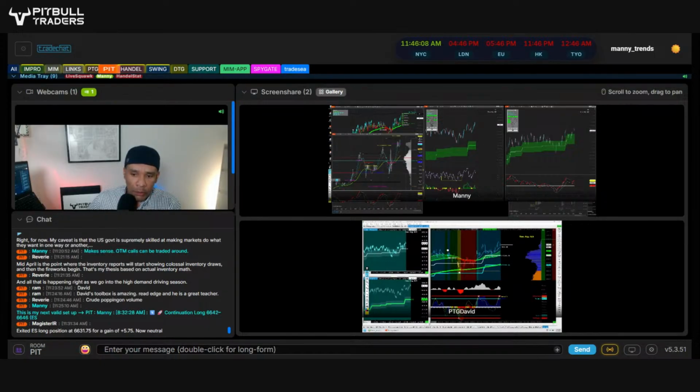But what I know about those continuation long levels is that I'd rather be on the other side of it. The similar level on the short side on my daily plan is the breakdown short. So the breakdown short is a level I put on there every day. And if we get below that level, it's not quite the opposite of what I just said on the long side. So if we get below that level, what tends to happen is that